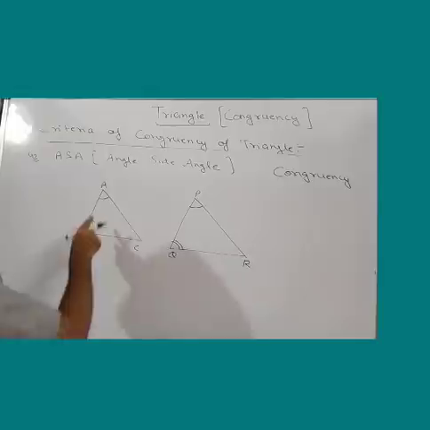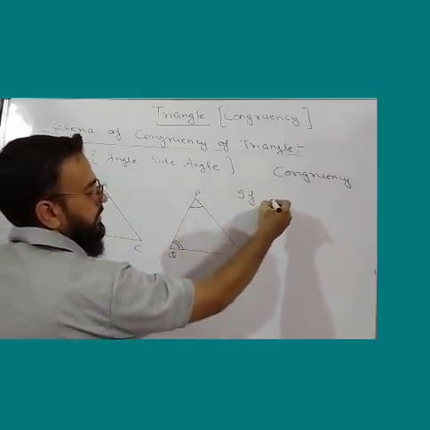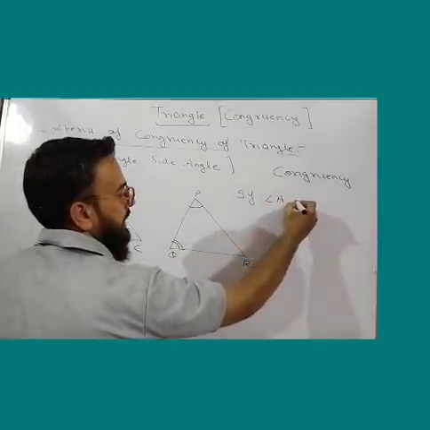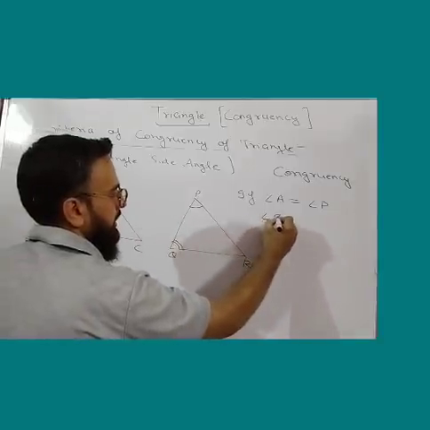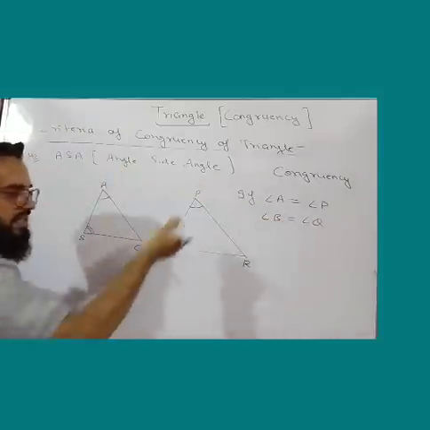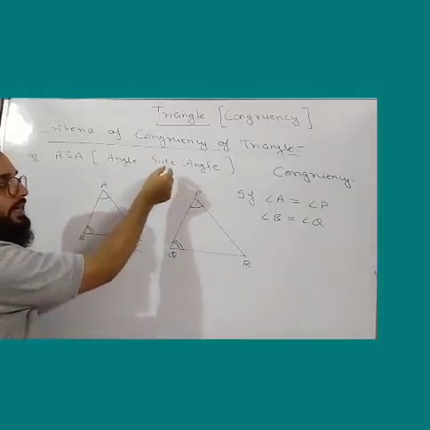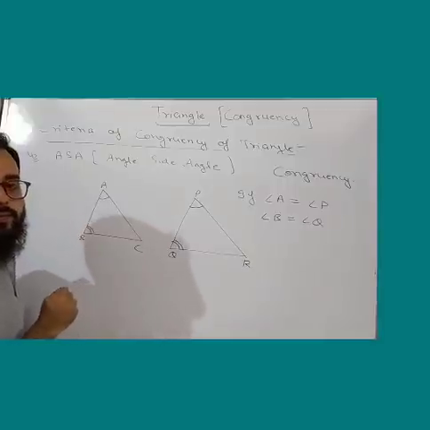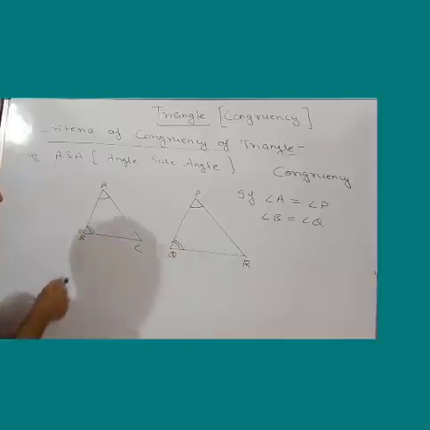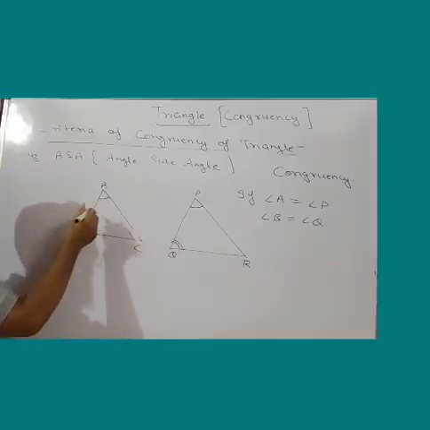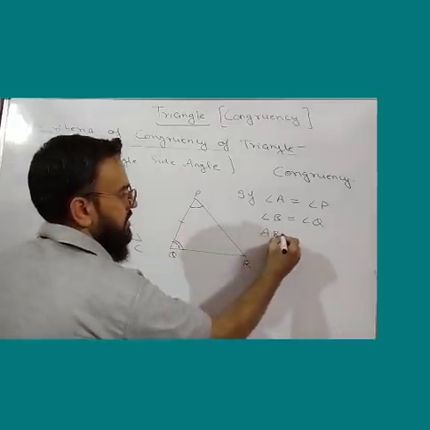What is given? If we have two triangles such that two angles of the triangles, that is angle A is equal to angle P and angle B is equal to angle Q. It was in our previous criteria also, but in this case it is angle side angle, that is the side is coming in between both the angles. It means we will take the included side now. So what is the included side? The side between both the angles, that is AB, and here the side is PQ. It means AB is equal to PQ.